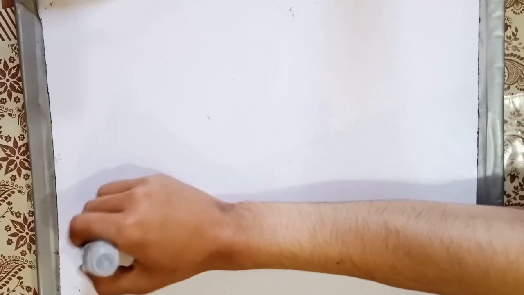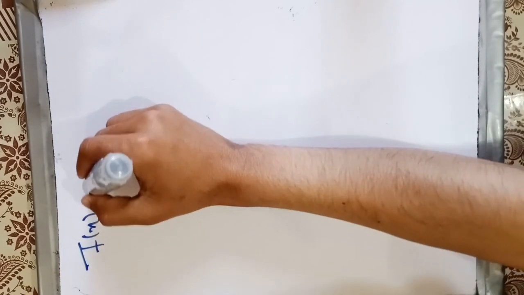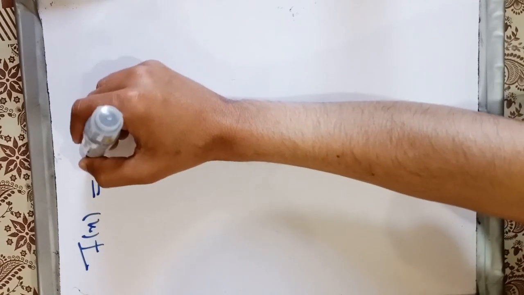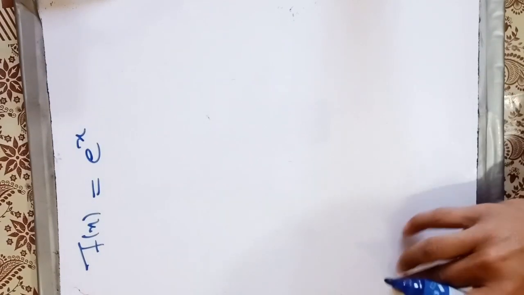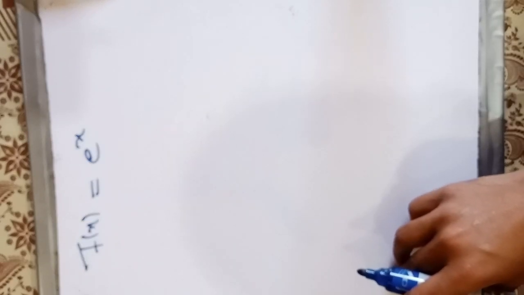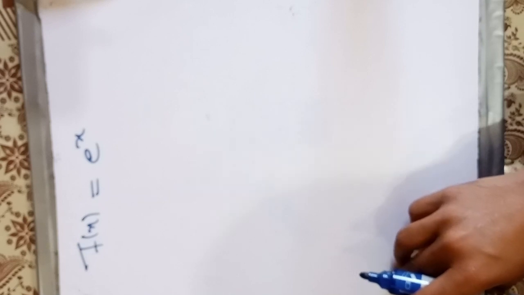First of all, we check the function e raised to power x. This is an exponential function and we want to find the Maclaurin series of that function. So we just need the